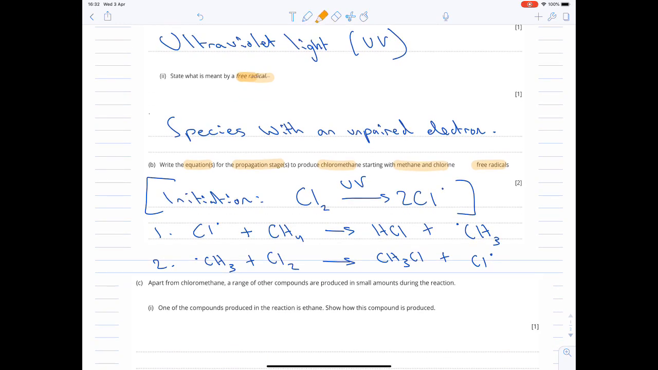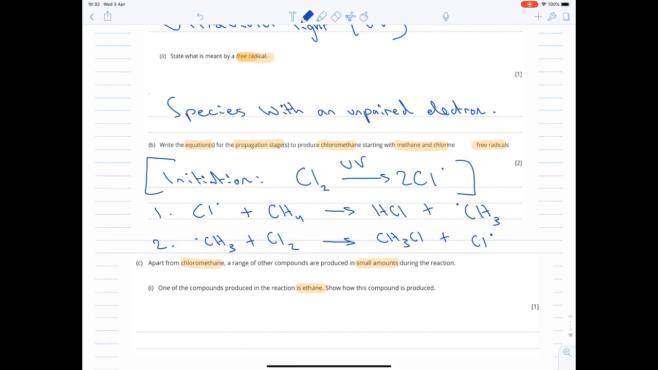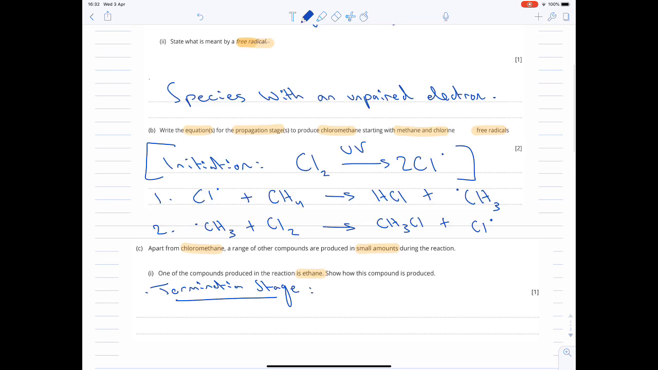So the final part of the question says, apart from chloromethane, a range of other compounds are produced in small amounts during this reaction. One of the compounds produced in the reaction is ethane. Show how this compound is produced. So this is going to be related to the termination stage. Termination stage. And this is really where any two radicals can actually react together. So whilst it could be a methyl and a chlorine radical, it could equally be two methyl radicals. And that's exactly what's happening here. So I'm just going to say that